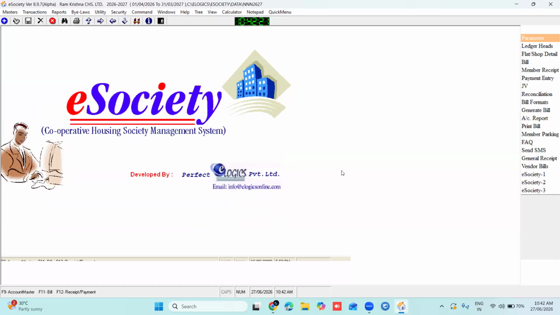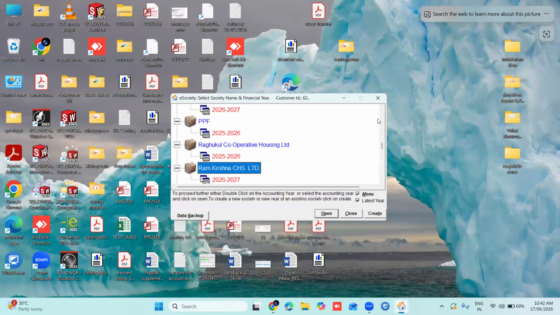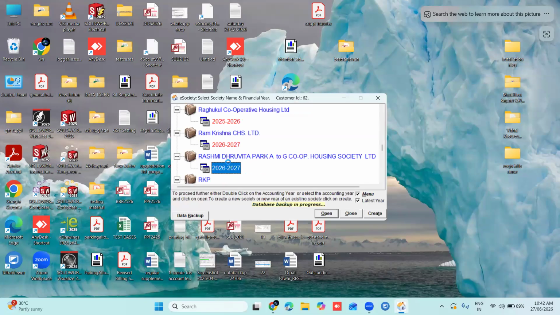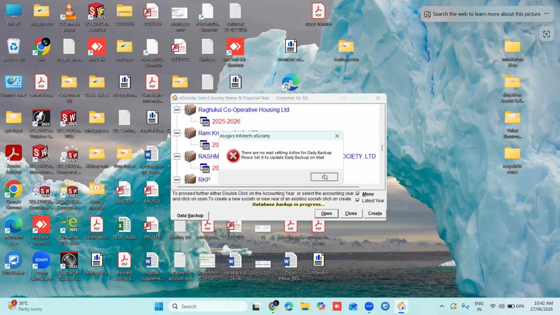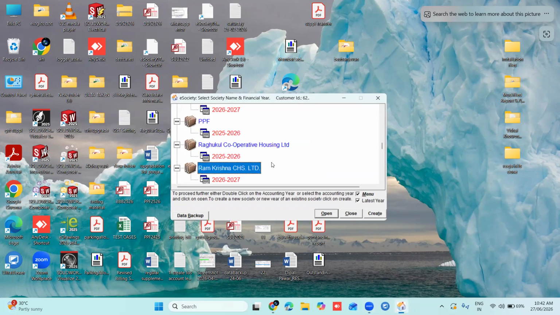Now you have to make sure if you are doing this setting for the first time, you have to close the software completely. Like I am closing this software. Now again, we'll open it. Now go to that particular society. I'm double clicking on the society which you want to backup. Here you can see the data backup is in progress. I'm opening another society, the setting which we have generated on this society, Ramakrishna CHS.